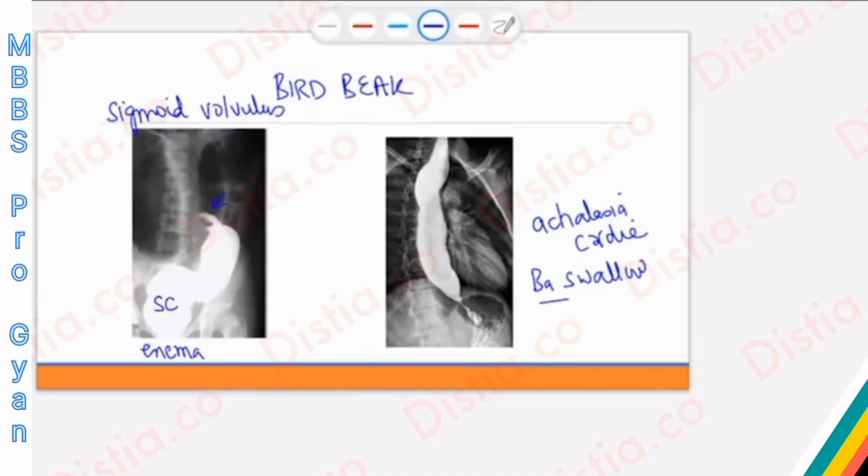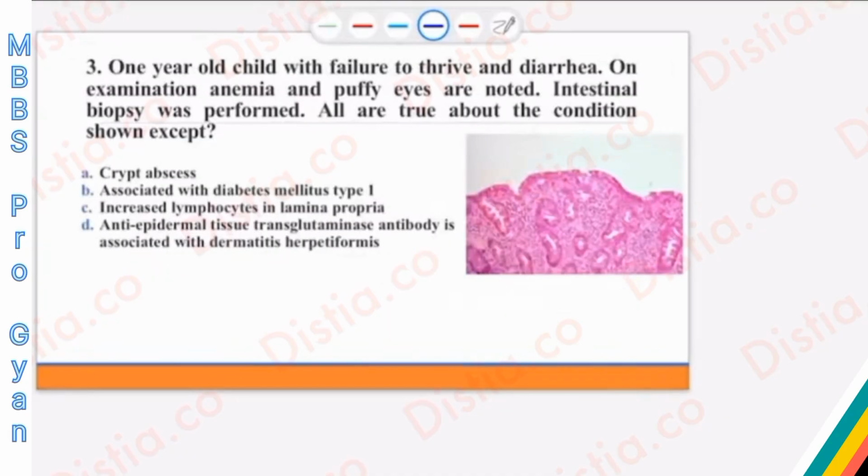So I ask him or her, what do you do? They say, then I gulp a whole glass of water. So the combined weight of the water and the food is substantial enough to overcome the tone of this hypertonic sphincter, and due to gravity, food and water will go down. Therefore, you can definitely appreciate that liquids are lighter and solids are heavier. So solids would still go down by the weight component, but liquids are lighter. So dysphagia will be more for liquids as compared to solids when it comes to HLHS cardia, though you require a patient with a good intellect to be able to appreciate that.